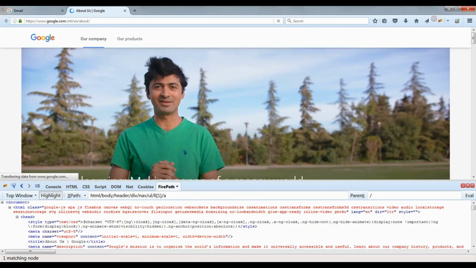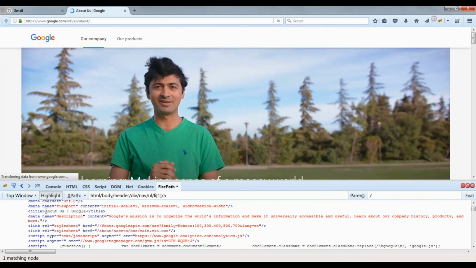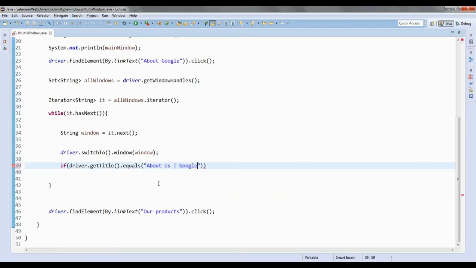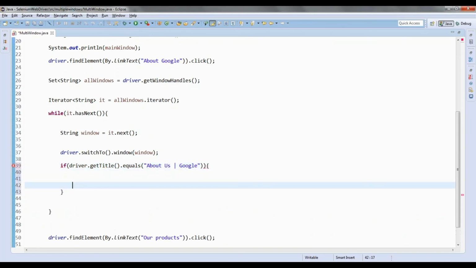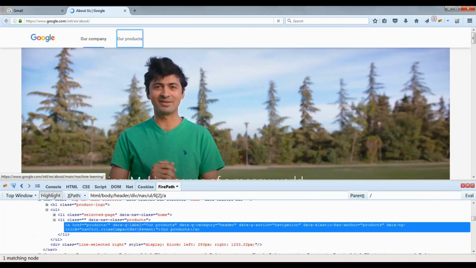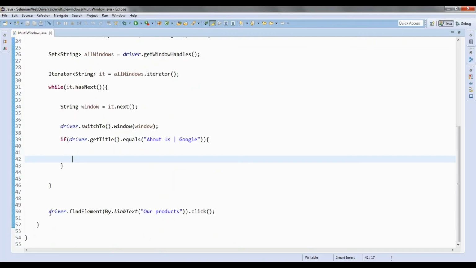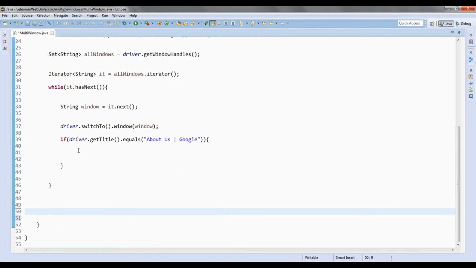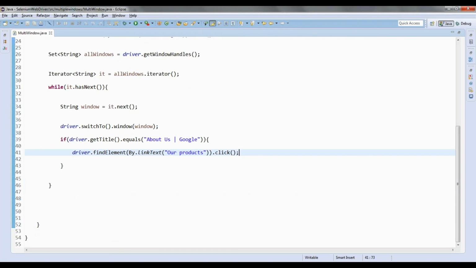You can see in the heading you will be having the title. Copy this from the HTML, about us dot the Google. If the title is matching, then I have to find this element, driver dot findElement. So this is the one, and you need to click on that particular element.